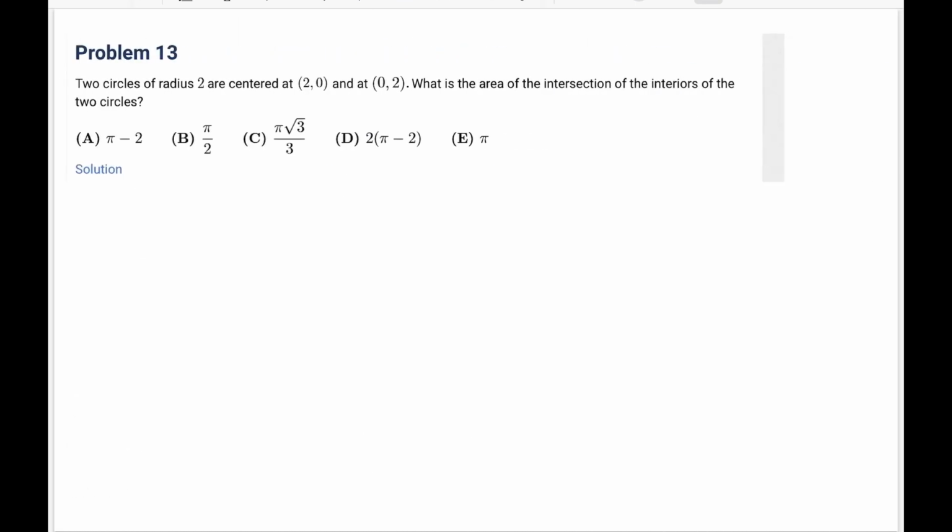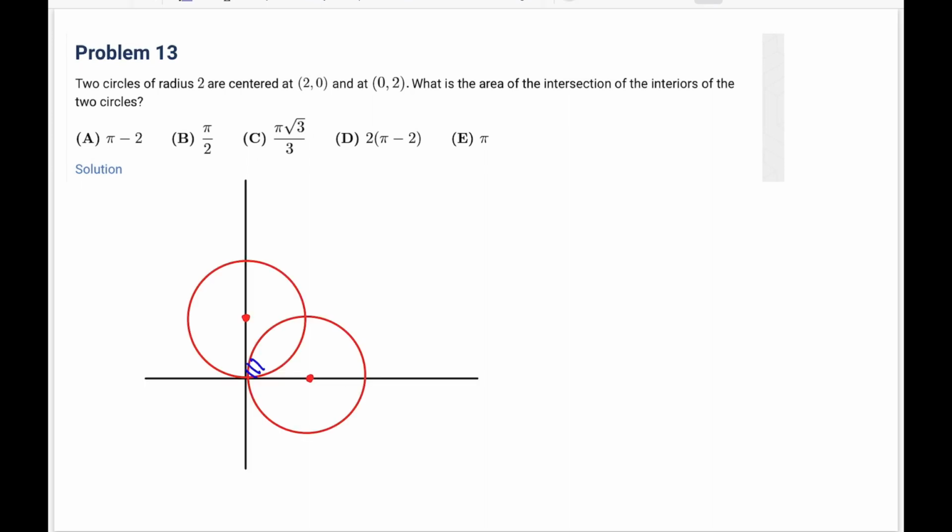Problem 13. 2 circles of radius 2 are centered at (2, 0) and (0, 2). What is the area of the intersection of the interiors of the 2 circles? So we want this section here, right? So what we have to do is we can get this whole square, and the square has 2 side lengths, right? So the square area is 4, and then